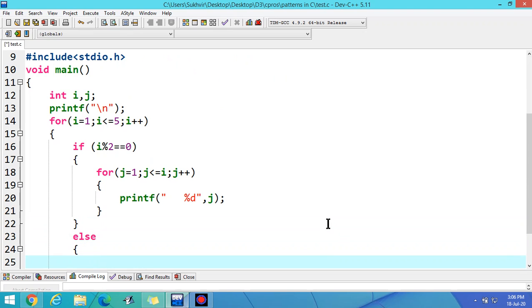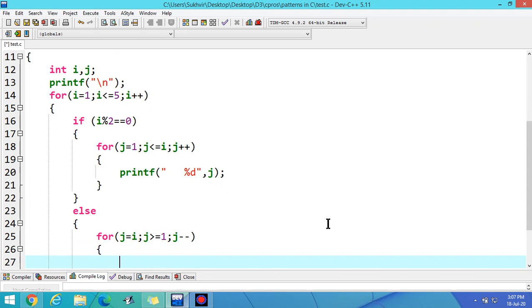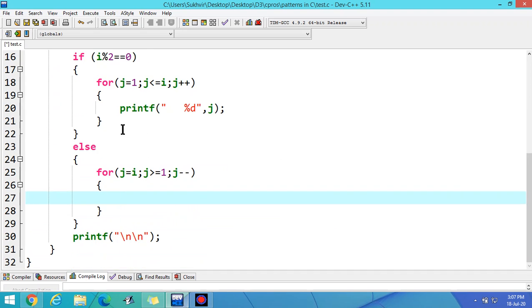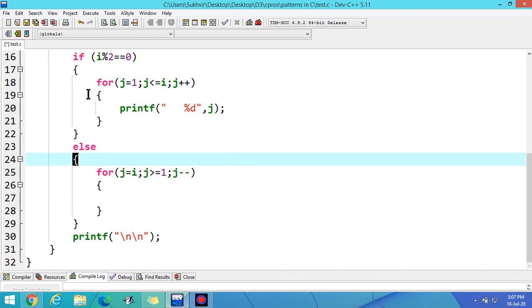generate the else block for j is equal to i, j greater than equal to 1, j minus minus, then print the value of j. Basically we are reversing the loop.